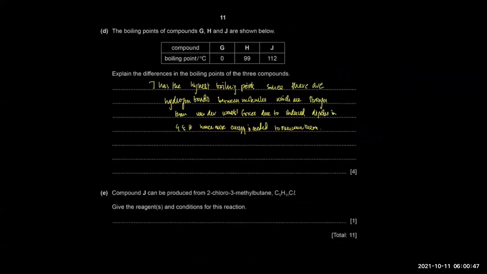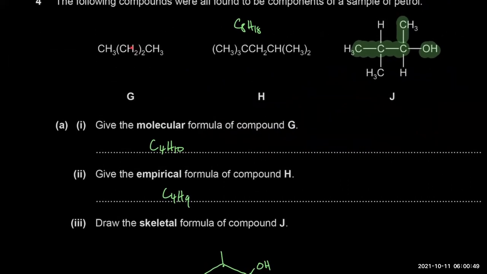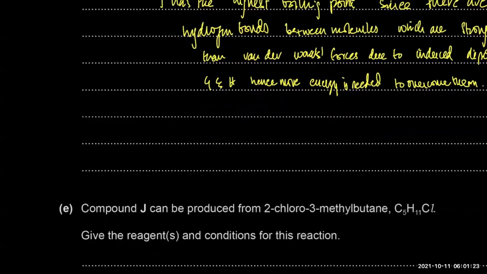Now, why is G so much smaller than H? They both have the same intermolecular forces. So why is G less than H, or H is greater than G? Number of electrons, right? Well, no, not branching. ईशाल ब्रांचिंग से तो कम होता है, लेकिन एज का ज्यादा है यहाँ पर, राइट? अगर जैसे 2 C8H18 होते हैं तो फिर ब्रांच वाले का कम होता है, कम ब्रांच वाले का ज्यादा होता है. यहाँ पर एज का ज्यादा है क्योंकि यहाँ सिर्फ 4 कार्बन है, यहाँ पर 8 है. So you have a greater number of electrons, right? So we can say that